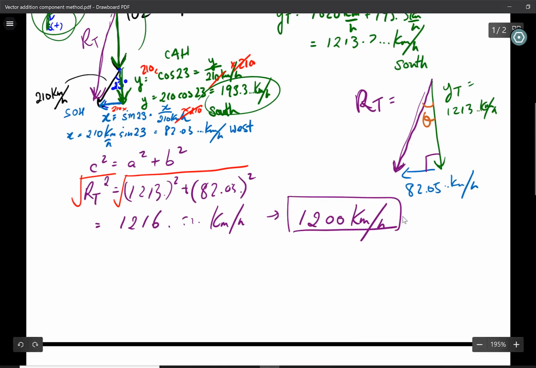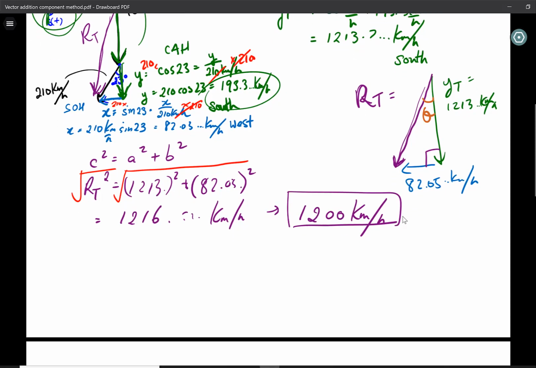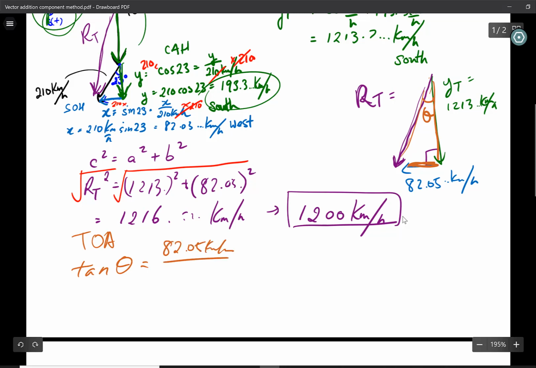So to get our final directions, we have our angle, we have the adjacent, we have our opposite, and we do have our hypotenuse, but I'm just going to use our original numbers there. And adjacent, opposite, that is TOA. So that's tan of our theta, which we don't know, is equal to our opposite, 82.05 over our